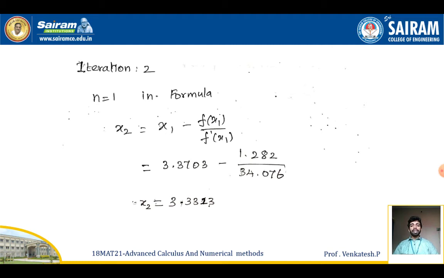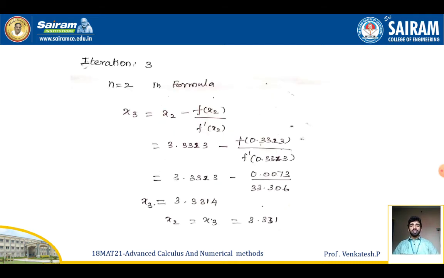So on simplifying the equation, I will get x2 is equal to 3.3313. And iteration number 3. So in iteration number 3, replace n is equal to 2 in the main Newton-Raphson method formula. So I will get x3 is equal to x2 minus f of x2 by f dash of x2. So if I replace the x2 value along with the f of x2 value and f dash of x2 value in the formula, on simplifying the above equations, we'll get x3 is equal to